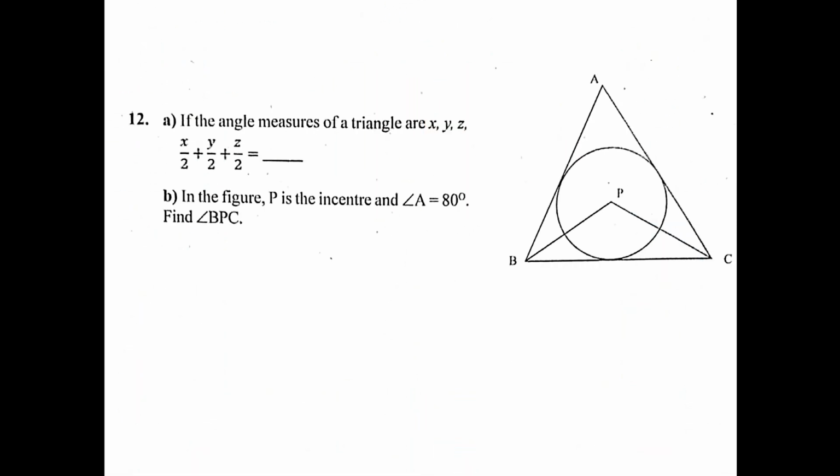12th problem. If the angle measures of a triangle are x, y, z, then x by 2 plus y by 2 plus z by 2 equals dash. In the figure, P is the incenter and angle A equals 80 degrees. Find angle BPC. x by 2 plus y by 2 plus z by 2 equals (x plus y plus